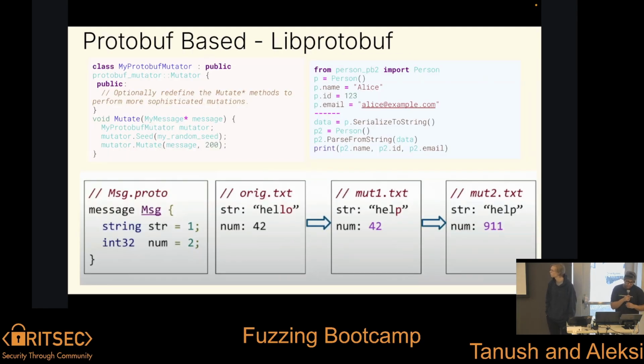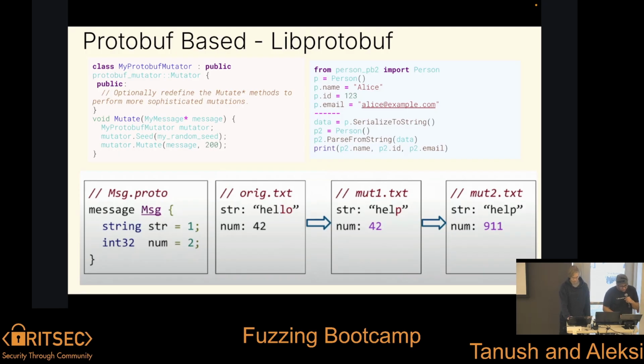Yeah. So protobuf based mutations is a kind of adjacent idea, and that's when you want to fuzz, say, a protocol, and you know the general format of a protocol, and you want to mutate the objects in a specific protocol and not just arbitrary inputs. It's really useful for generating, say, like here you see message.proto, and you define what the message can be, and then you get to serialize that message to a string, parse from that string, and then you can send it out either into the fuzzer input or, technically, protobufs are used for a lot of things.